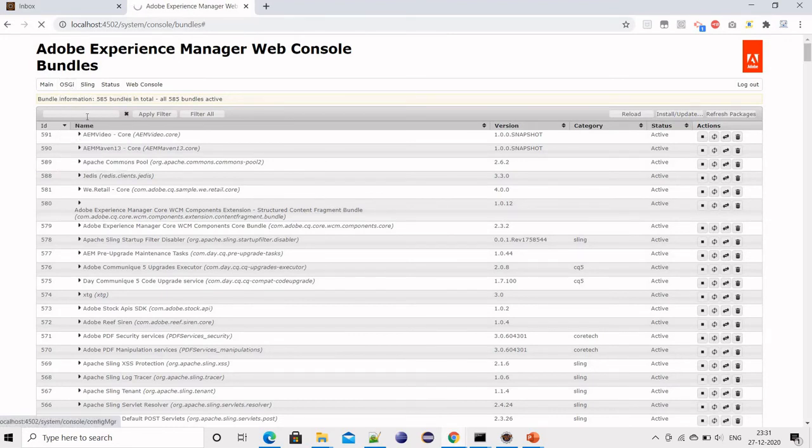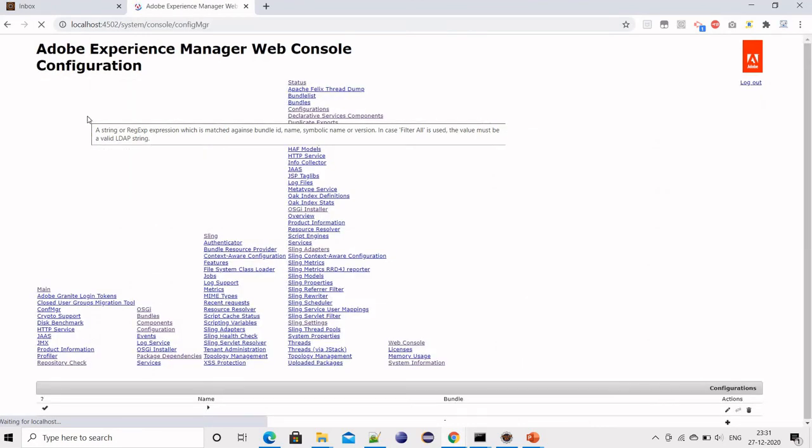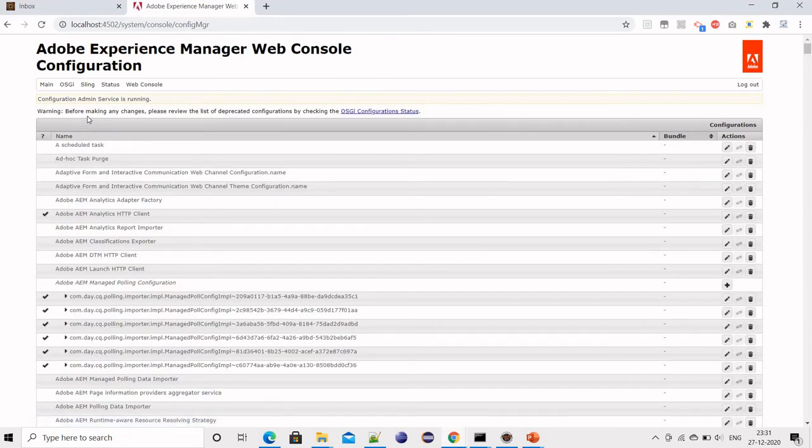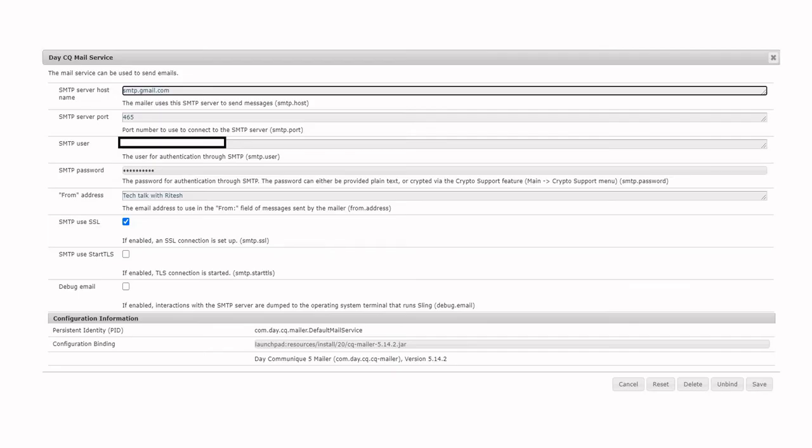Go to configuration and search for the DHCQ mail service, and you will get these configurations. You can configure the SMTP server, port. For Gmail I have used 465, the username and password, and SMTP, that's it.